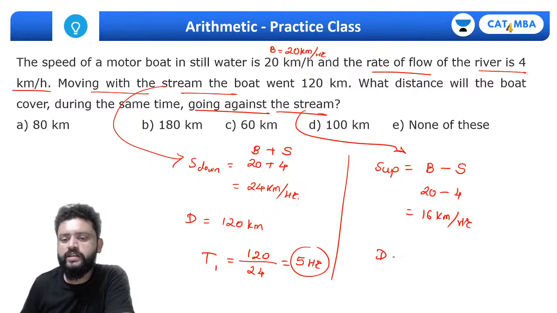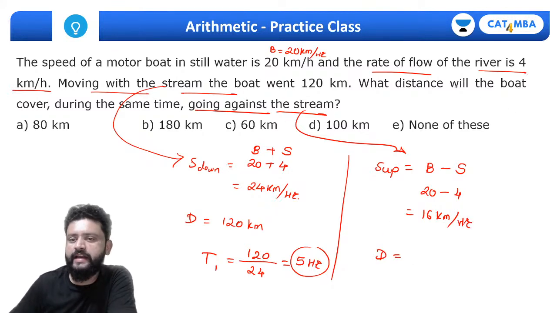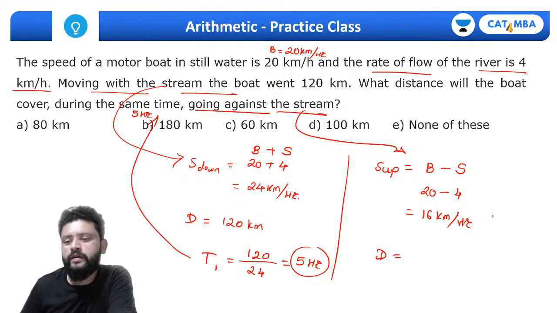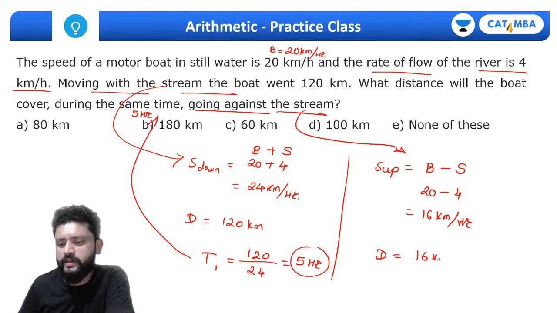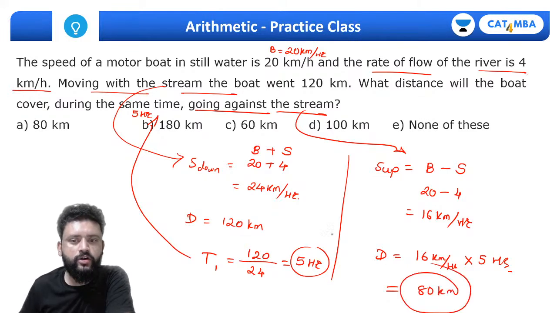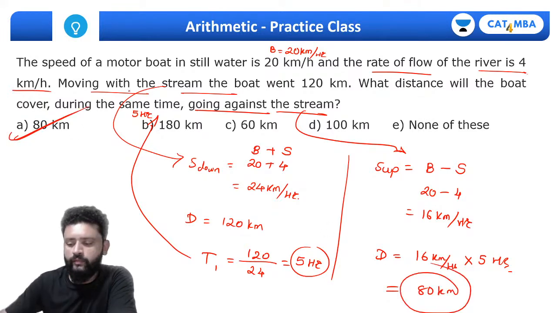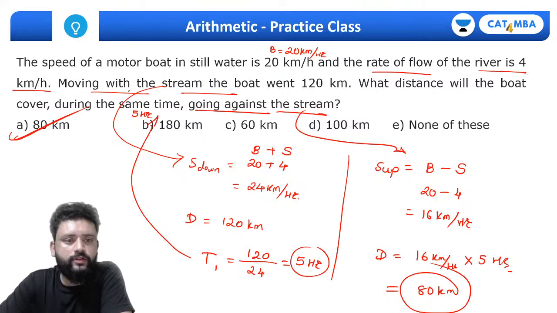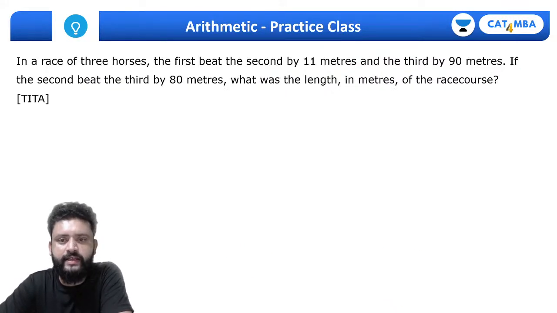Now the question is, what is the distance traveled? How much distance it can travel in the same time? Same time is 5 hours because हमने 5 hours निकाला यहाँ से. Right, so 16 km per hour and the time is 5 hours. Yes, you got it correct. That's 80 km. Quite simple one. Straightforward. Concept question on boats and stream basically.